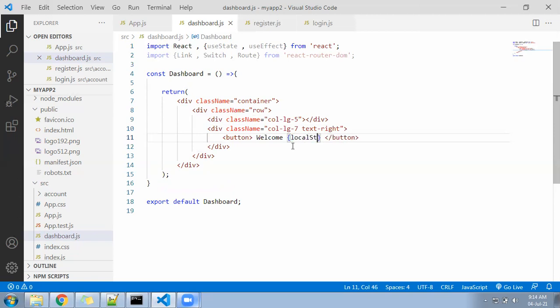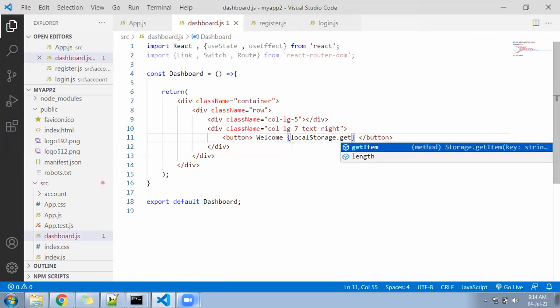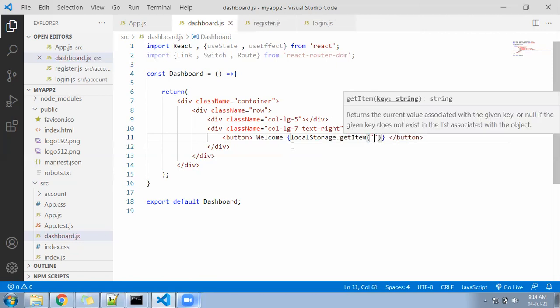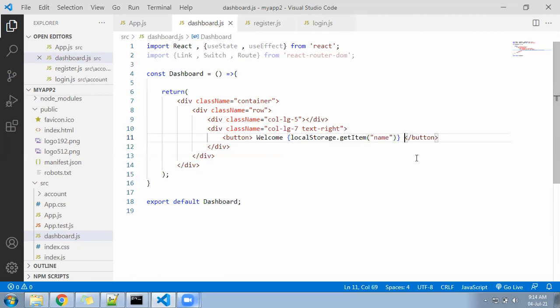So localStorage.getItem, what is that? Name. Correct. And you can write here welcome, particular name, and after that keep logout.